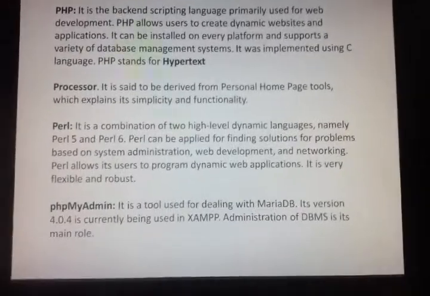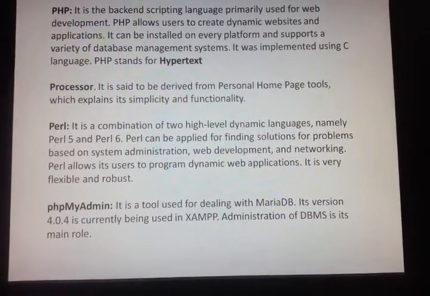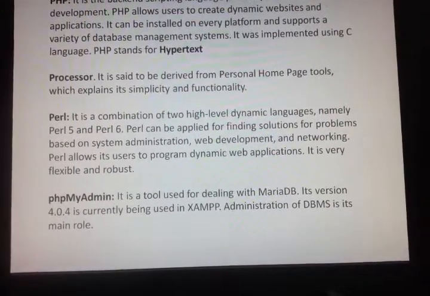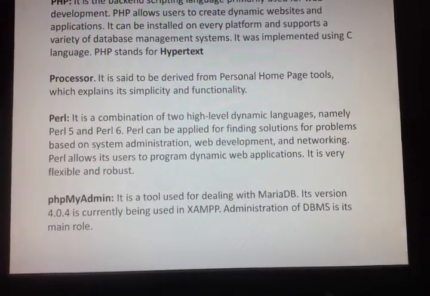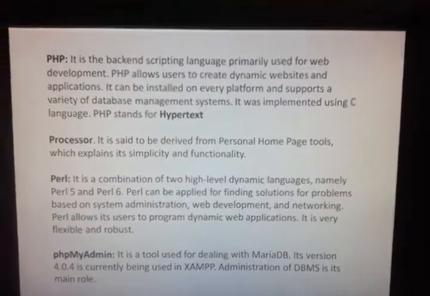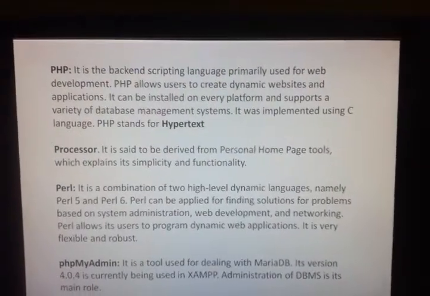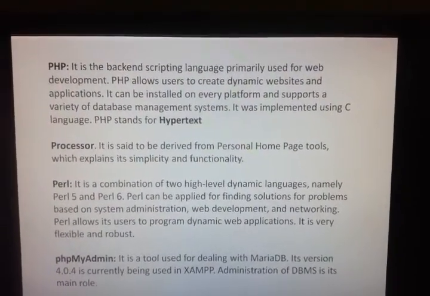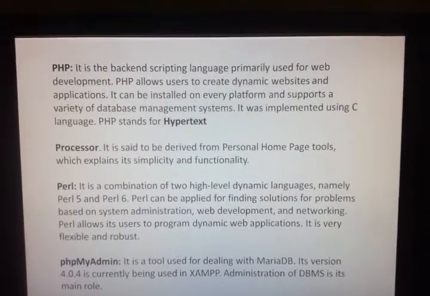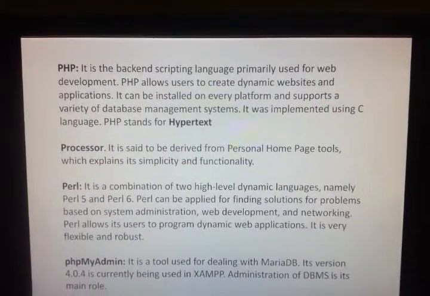The next component is PHP. It is the backend scripting language primarily used for web development. PHP allows users to create dynamic websites and applications.